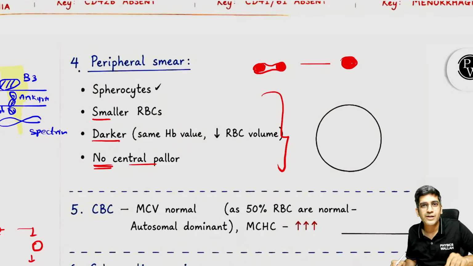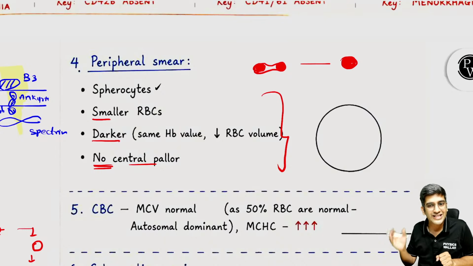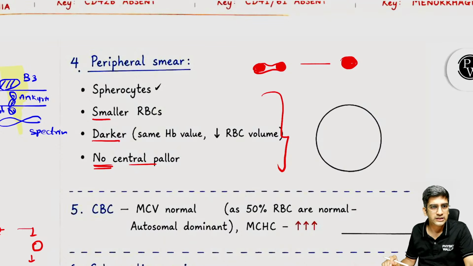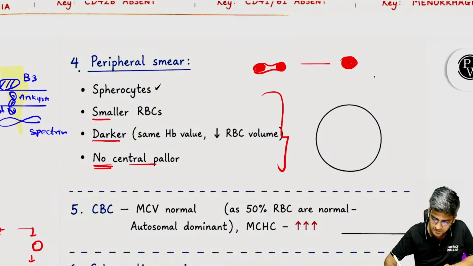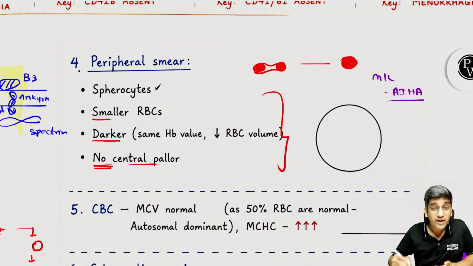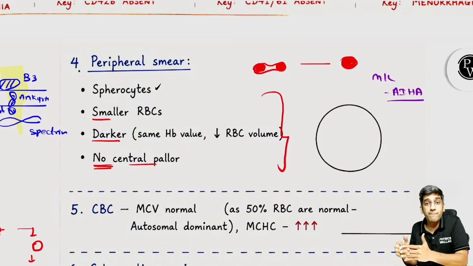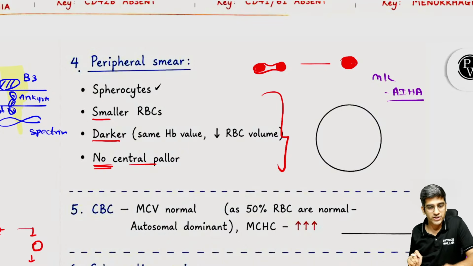Now, can anyone tell me what's the most common cause of spherocytosis? Because that will take us to the next direction. What is the most common cause of spherocytosis? Autoimmune hemolytic anemia, right? Cannot deny that at all. The most common cause of spherocytosis, as a one liner, is autoimmune hemolytic anemia. So whenever you see spherocytes, I don't jump into hereditary spherocytosis. We do Coombs test to rule out the most common cause. Clear? I have to do Coombs test to rule out the most common cause.